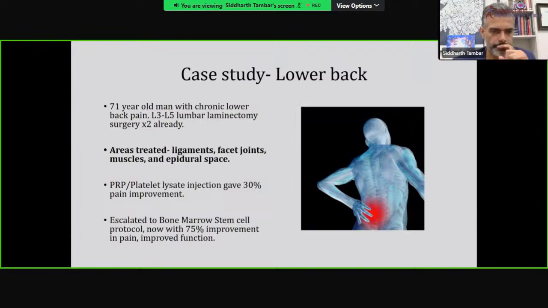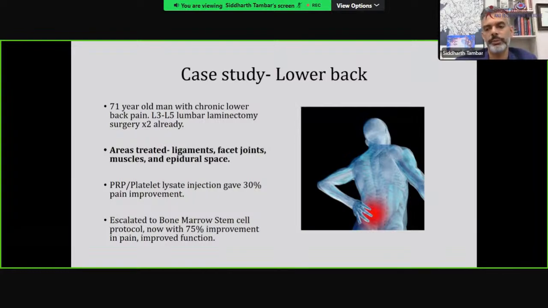Okay, great. So it's a case study, a 71-year-old man, chronic lower back pain after 2 prior lower back surgeries. Unfortunately, we see that commonly. We ended up treating his back with his own blood platelets, initially platelet-rich plasma in a prolotherapy style, which means we were injecting not only the epidural space where the nerves come out, we treated the ligaments around the spine,